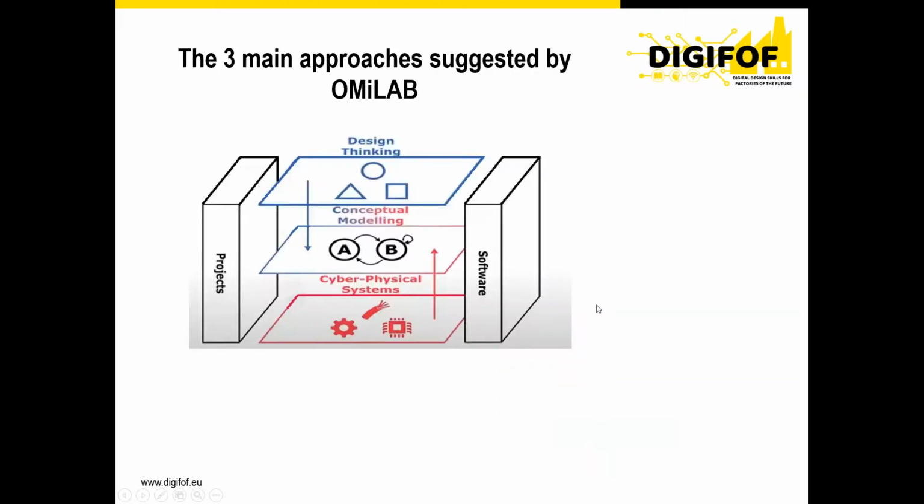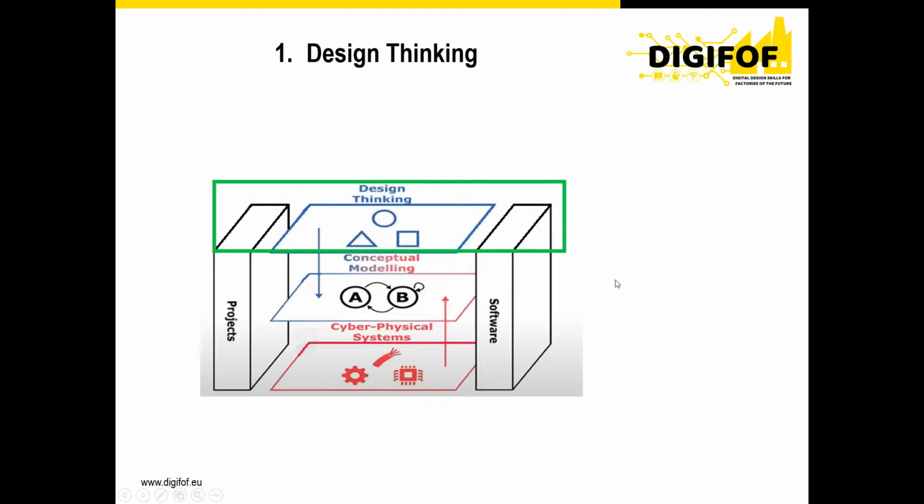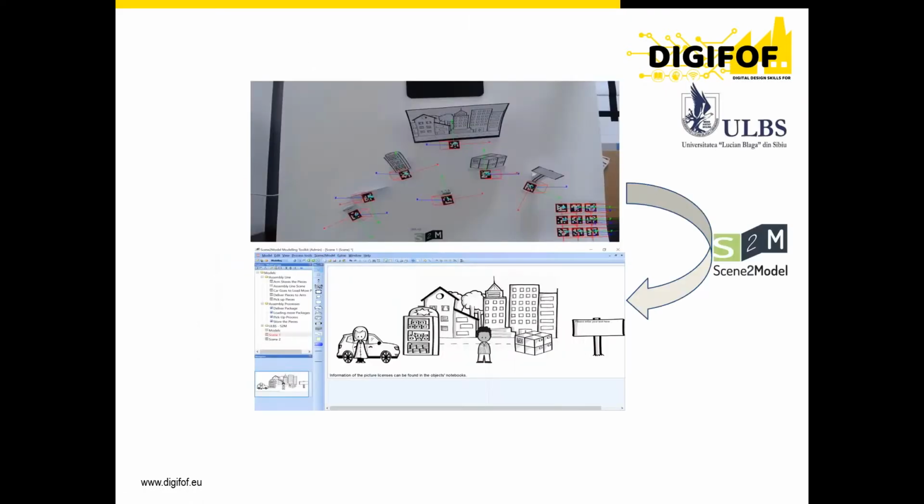Okay, for this project, I also used this approach suggested by OmiLab because I think it fits very well. The first part in this model is the design thinking part, which is the most creative part, where we design and create an idea of how the problem will be solved. For this part, I used Scene2Model to create my scenes. Scene2Model is a tool created by OmiLab,